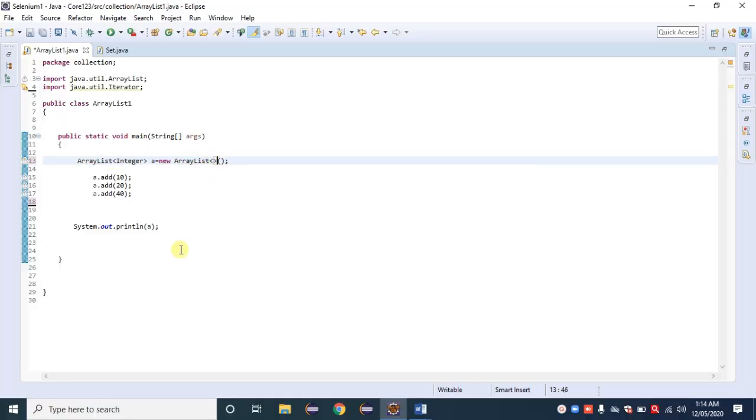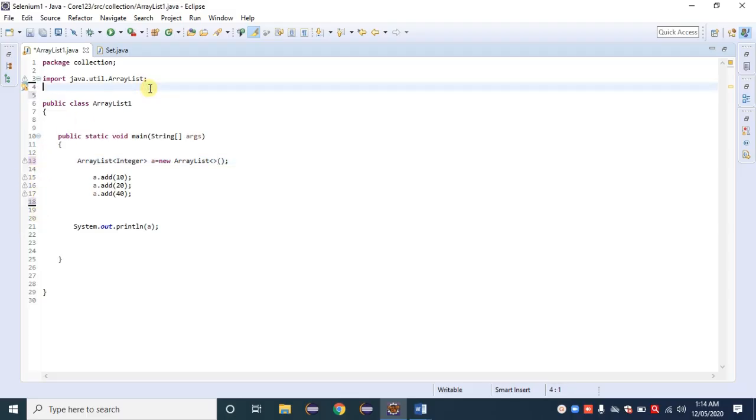Observe that when I provide a generic function here, all the suggestions disappear. Control yes. Observe that there is no suggestion available. Why? Because I am going with a generic function.